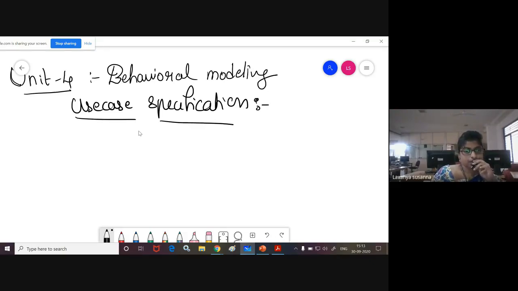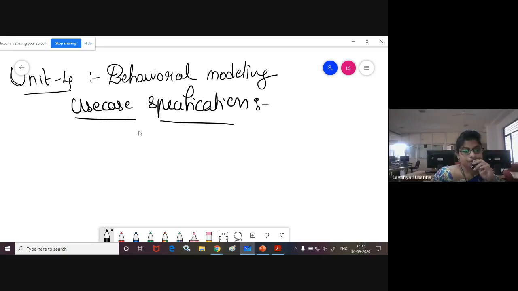In the requirement phase, the first phase of the software development life cycle, you identify the use cases. Use cases are nothing but functionality of the system. After identifying each use case, you need to specify a detailed description of it, nothing but the use case specification.